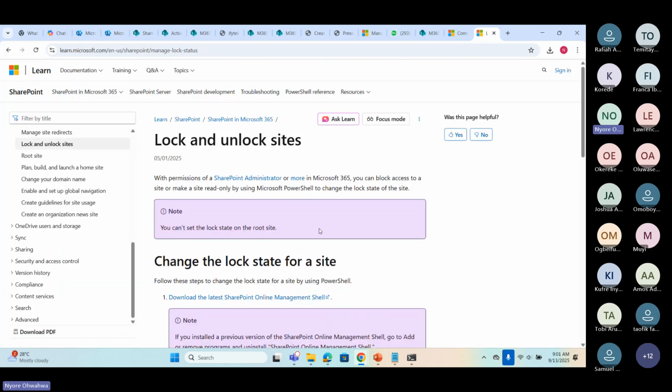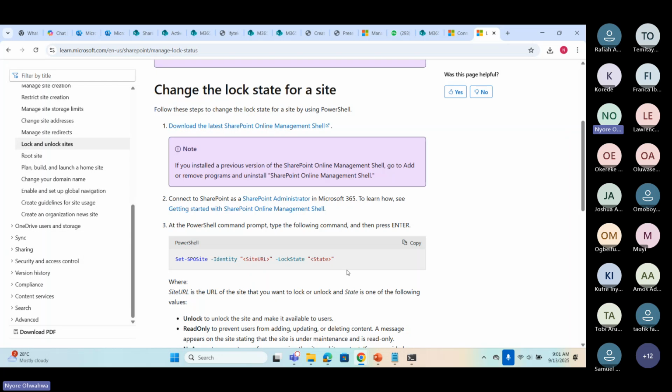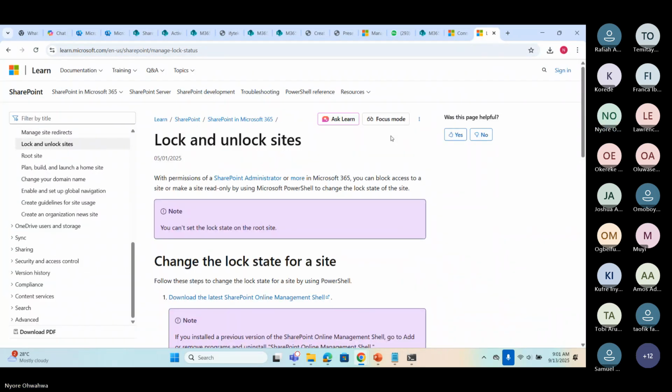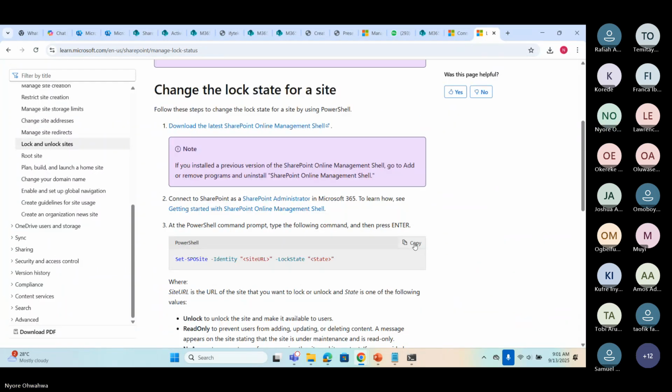Most of these require you to use PowerShell. That's why I'm opening this, to show what we can do by locking and unlocking sites.